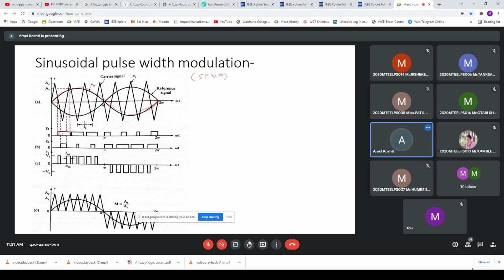Okay, this pulse width can also be varied, as I told you, based on the frequency of this carrier and this reference. Okay, so here if you see, a very small pulse width, which is less than G1, is also produced here by taking these intersecting points of this reference and carrier, produced at the output, and we get this pulse. Okay, so these pulses are produced as per our need, and we are using this for our circuit. Okay, so this is the famous method which is majorly used for producing the pulse width.